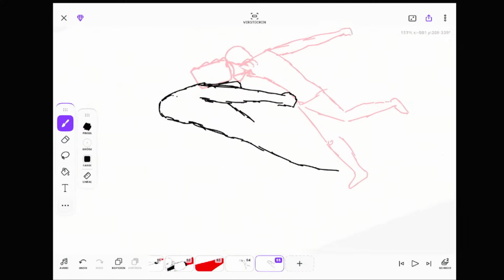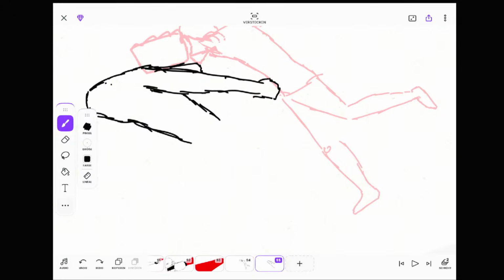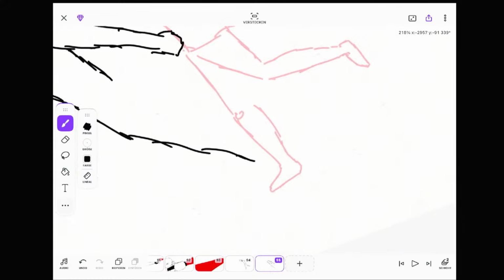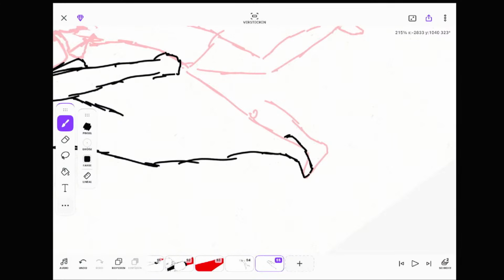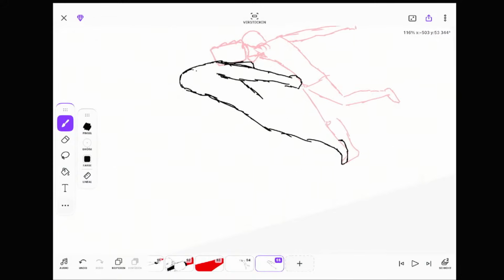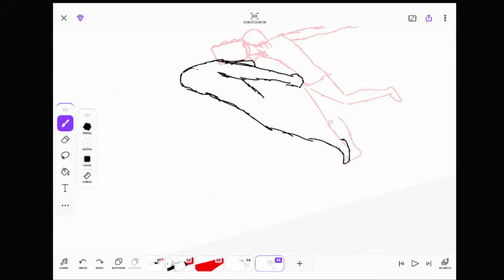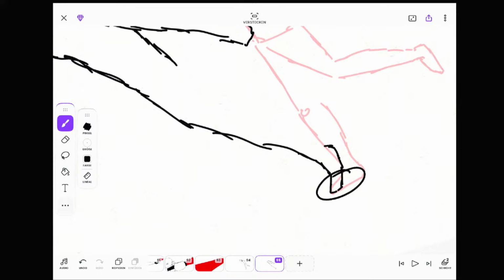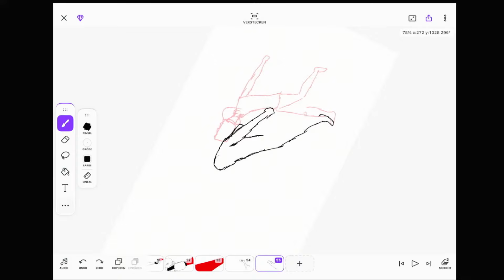And now a very important part here is that one leg needs to be at the same position where it was, so not like right here. Needs to be exactly right there.